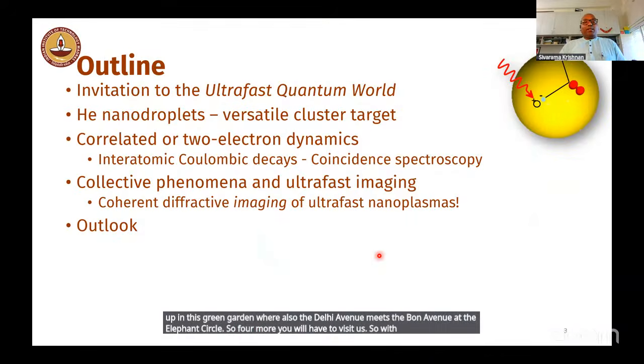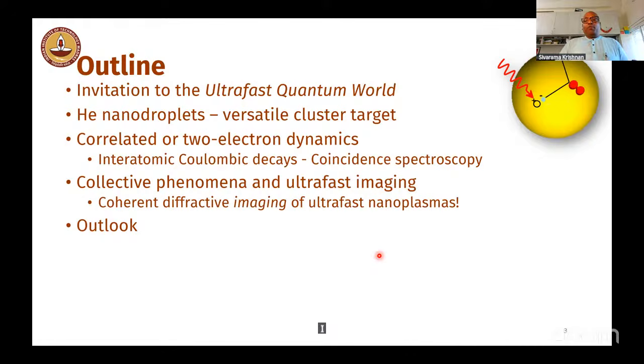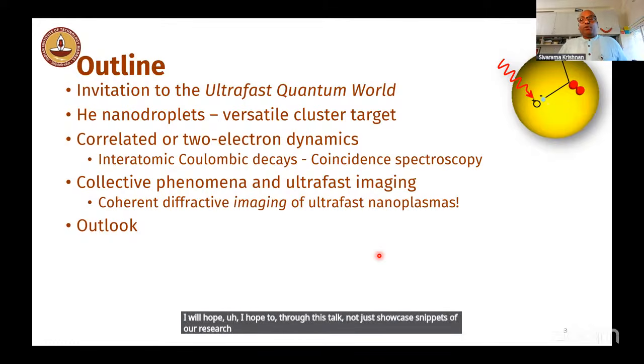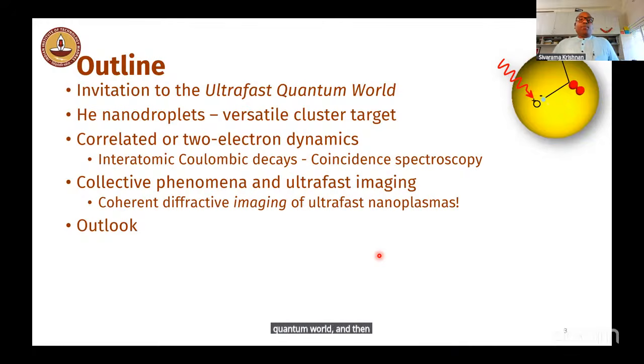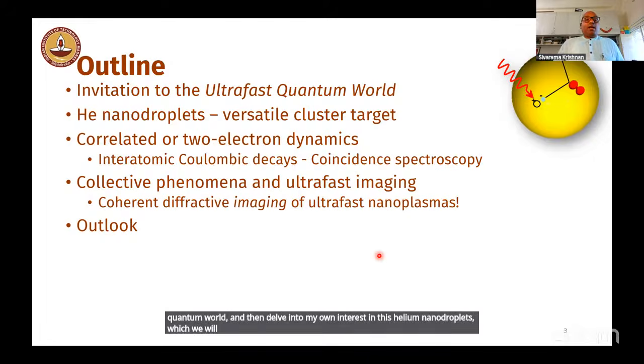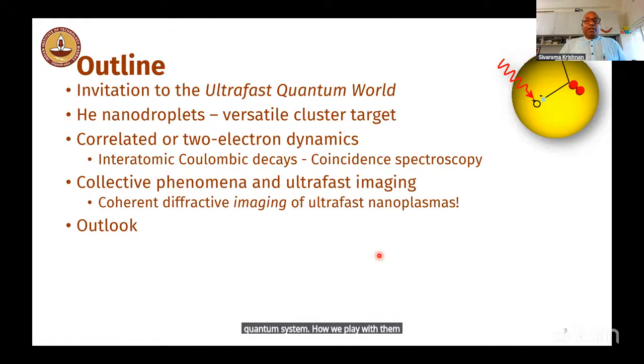So with that preamble, the outline to my talk is essentially as follows. I hope to, through this talk, not just showcase snippets of our research, but also for a broader, especially student audience, especially Indian student audience, if not more, present an invitation to the ultrafast quantum world, and then delve into my own interest in helium nanodroplets, which we will find out what they are, and correlated electron dynamics and collective phenomena in these exotic yet amenable quantum systems, how we play with them, how we are intrigued by them,